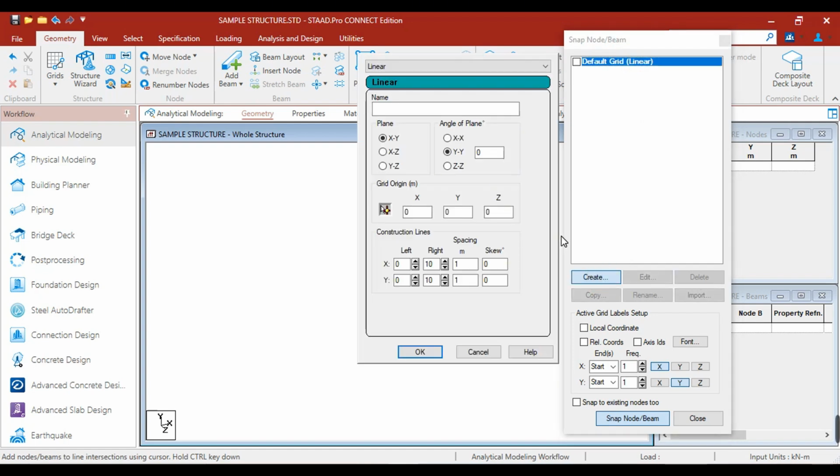For creating grid lines, we have three different types. We have the linear, where the spacing of grid lines are equal. We also have radial, if you want to have circular grid lines. And the third one is the irregular, when the spacing of the grid lines are not equal.